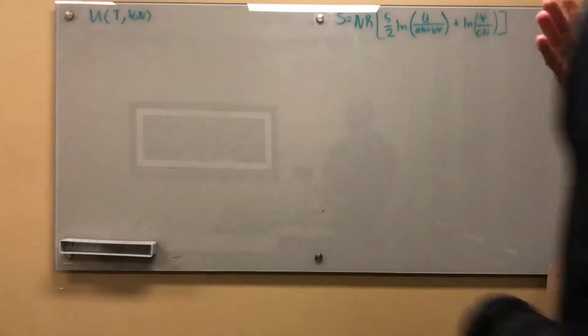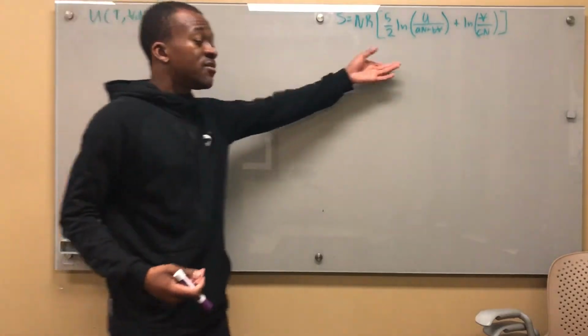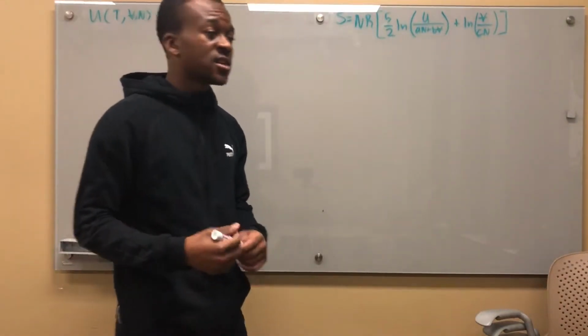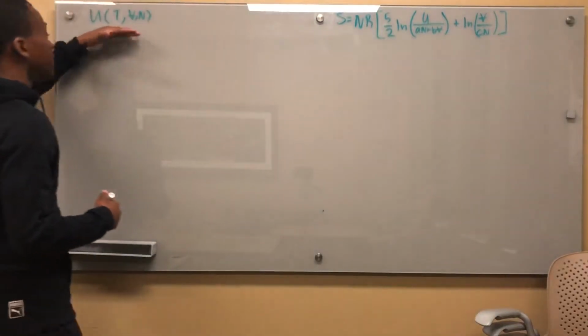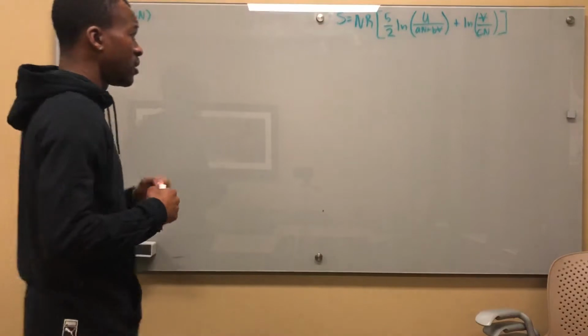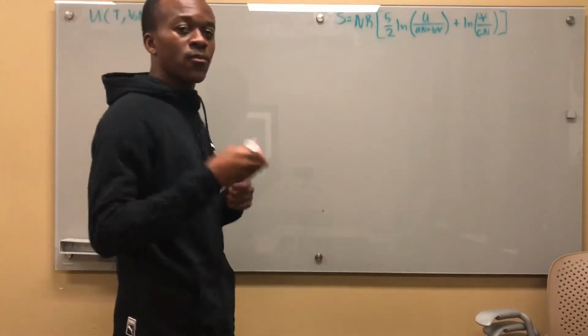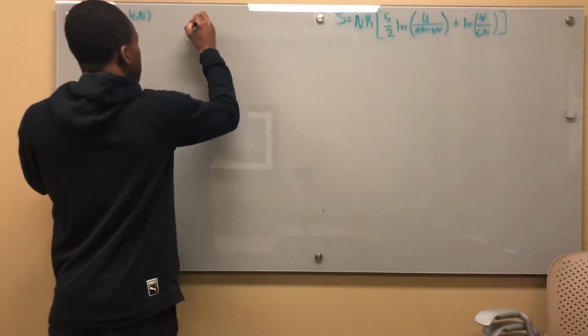Hello everybody. So today we're going to continue that same problem that gave us a fundamental state law for entropy, and asked us to find something, like it's asking us to find different things. So this time they want us to find u as a function of t, v, and n, okay? So what I always want us to do is start with our fundamental first and second law